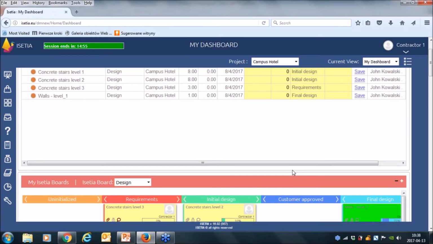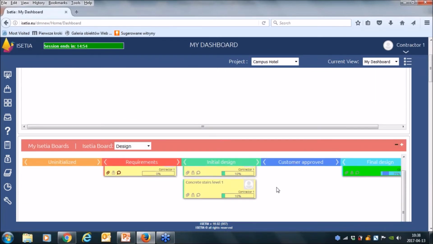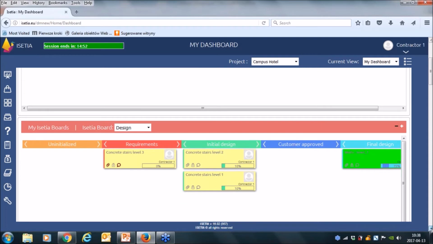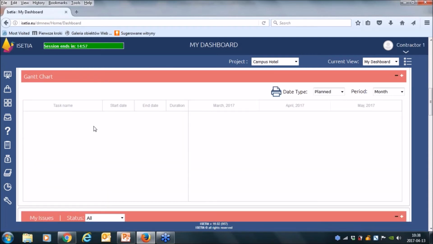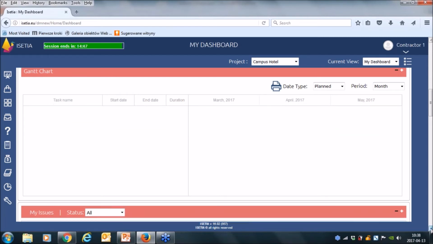What's more, if I have some privileges, I could also have information about the Gantt chart. I will show you later when I log in as another user.